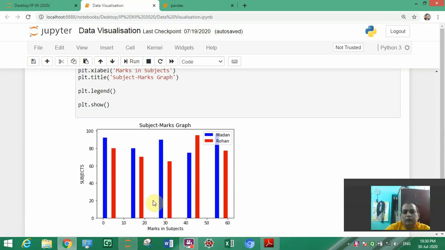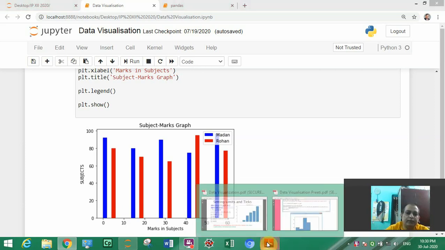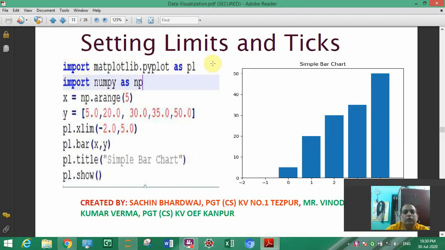After this we will see one more thing, setting limits and ticks. For this what we are going to do, we will keep this one as it is. We are going to take one value for a range, and suppose this is the marks of a student.